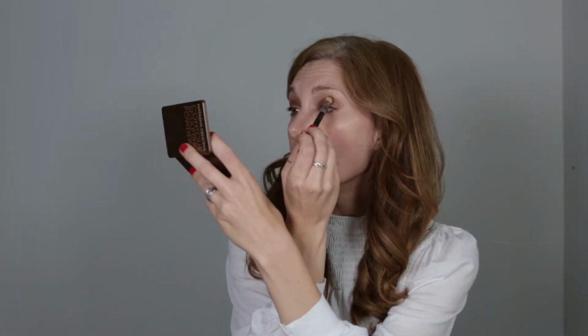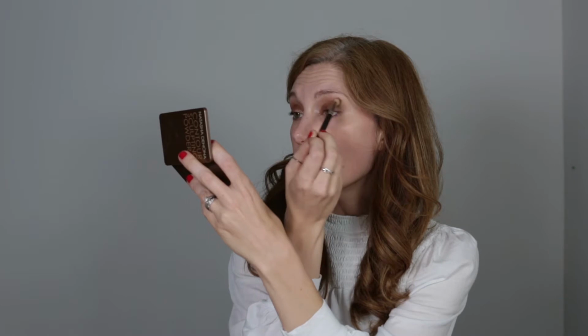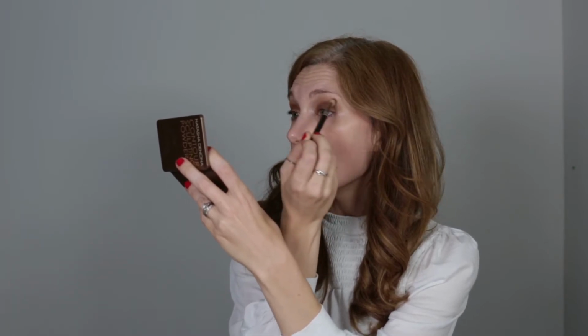Okay, before we go in with the liner, I'm going to go back in with my 217 with a little bit more Wedge and just kind of clean up what has happened with the gold, and just give a little soft definition. Having shades like Wedge and Taupe are so great because they're not going to steal the show from whatever else you have going on. They're great transition shades, and they're great